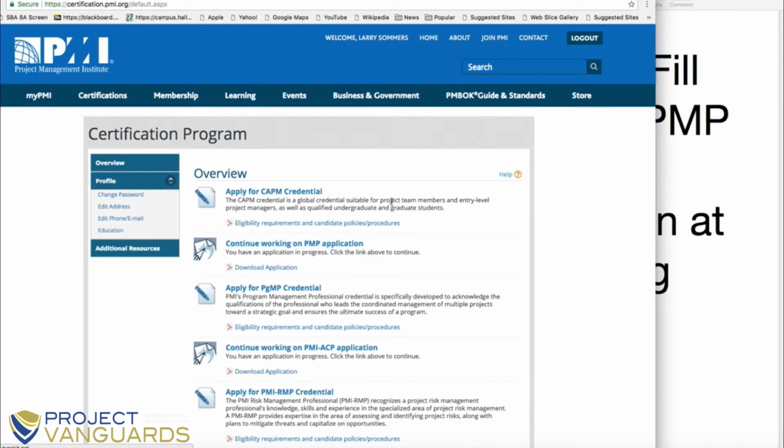Your page will look a little different from Larry's page here because yours will say Apply for PMP Credential. Because I already started this process with a previous class, it will say to me, continue working on it. That's because you can save your progress and close out your browser and come back at a later time after it's been saved and continue filling out the information. But again, yours will say apply for PMP credential. So click on that,